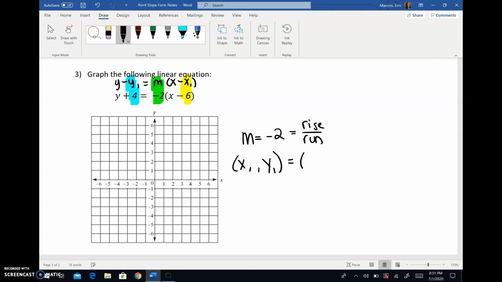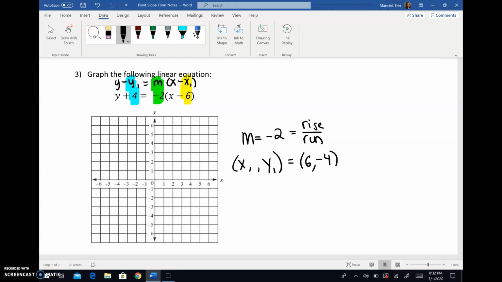And your point is going to be not negative 6. The negative comes from the subtraction in the formula, but positive 6, not positive 4, but negative 4. That's the trickiest part of point slope form. Again, the reason why it's positive is because it's really minus negative 4, which when you subtract a negative, it's positive. Okay, so now that you have those pieces of information, we can plot this the exact same way we did